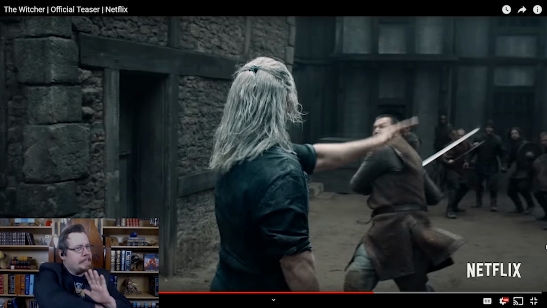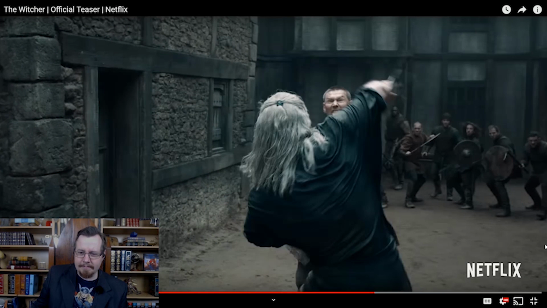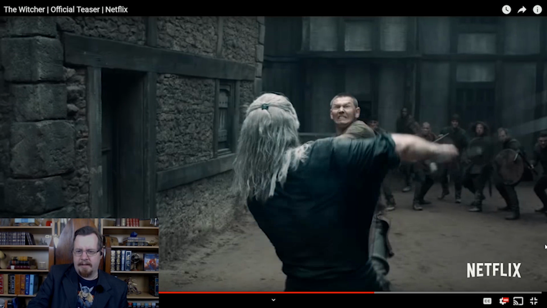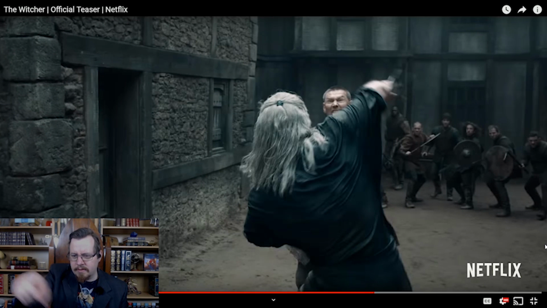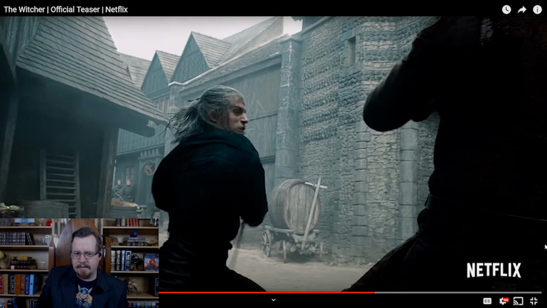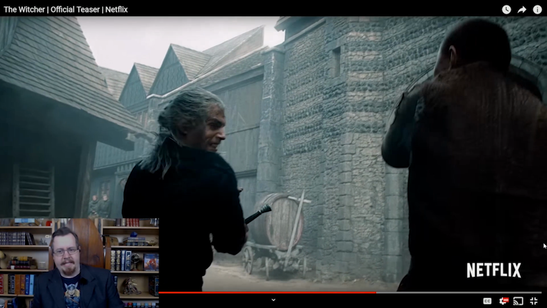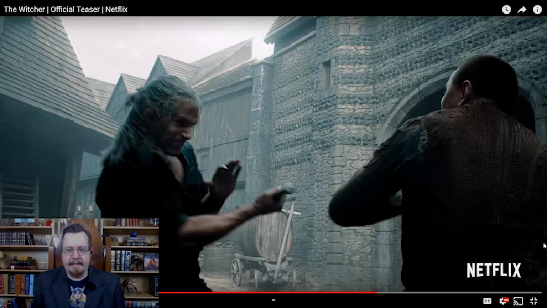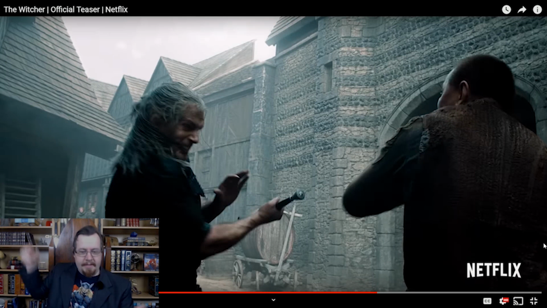He's like lift and then block, lift and block. But hang on, the sword is facing down. Is he holding it like that? But he's still reversing it and then just underarm strike. And like the guy, his sword is off to the side and is just saying, kill me, basically.